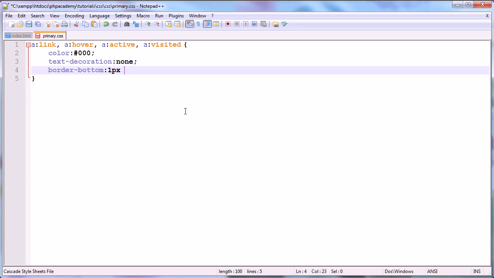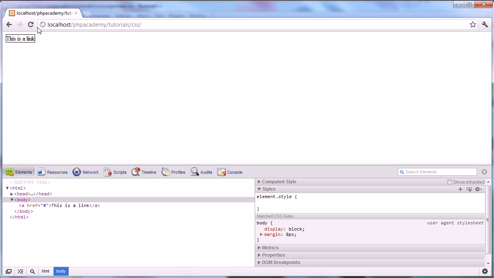And I'm going to choose 1 pixel, dashed, and then I'm going to choose a lighter grey colour. So, AAA. We don't want it to be black because that defeats the point. It will be too in your face, but I'm going to choose AAA. So now when I refresh, you get this nice underline that you think, oh, I know that's a link, it's got an underline, although it's very subtle, and it just adds a bit of character to the page without overpowering